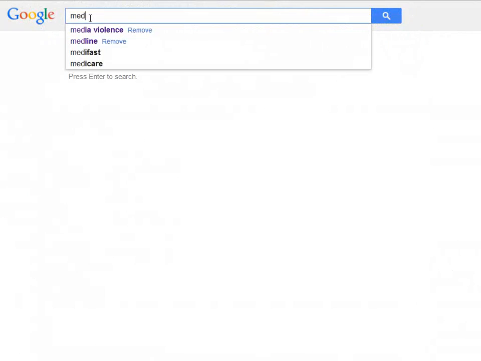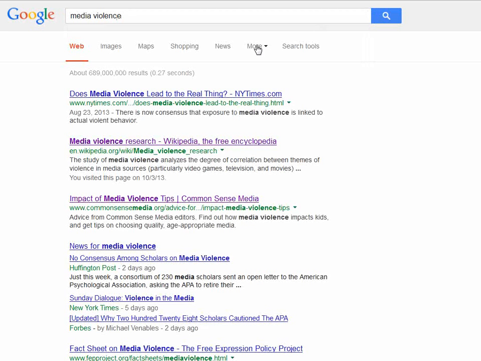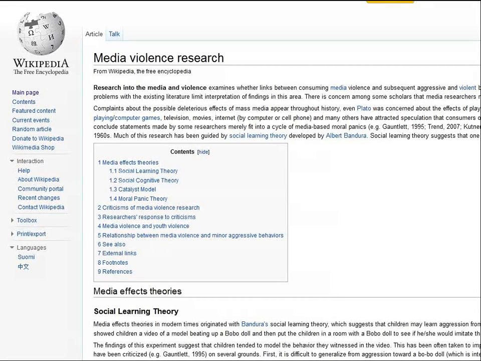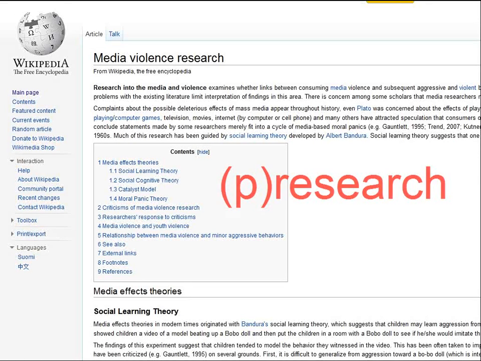Wikipedia often provides good background information on a topic, or what we have been calling pre-search. Typically, when an instructor does not want you to cite a Wikipedia article in a paper, this does not necessarily mean that you cannot use it in your research endeavors. Let me explain. Some Wikipedia articles provide excellent background on a topic. They can provide good pre-search.